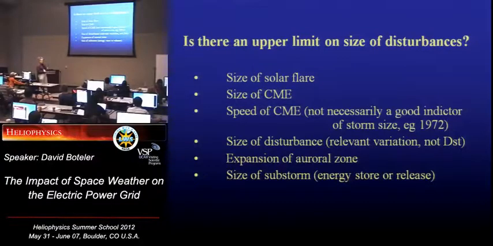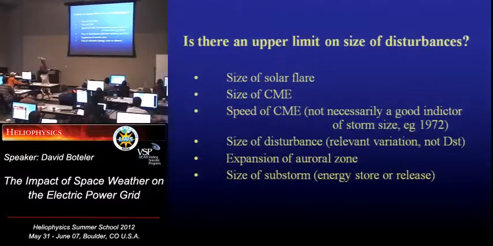A key thing in terms of risk to specific power systems is how much of an expansion. During large disturbances, the aurora zone expands. So how far does it expand? Is it going to come down over the US and cause problems? And so what exactly are the solar wind conditions that will lead to that expansion of the aurora zone? That's a key factor that we don't really know. And that's where a lot of space weather, space physics knowledge can feed into very practical problems.